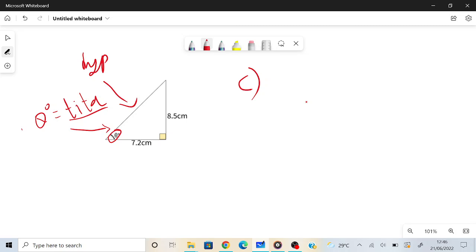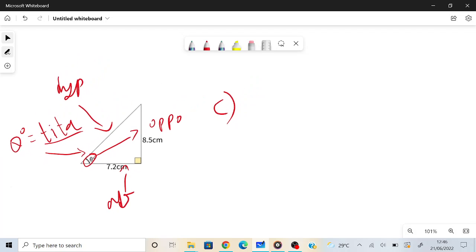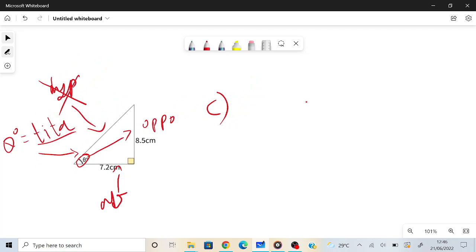So obviously, the side opposite of this theta is our opposite, and this remains as our adjacent. Now, again, we know nothing about the hypotenuse, so that goes out of the equation. We know our opposite to be 8.5, and we know our adjacent to be 7.2. So we connect these two by using tan as well. So eventually we'll have